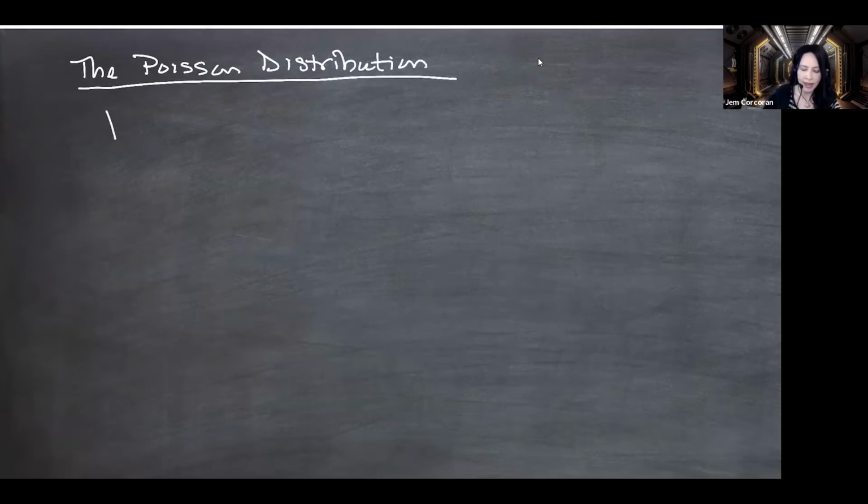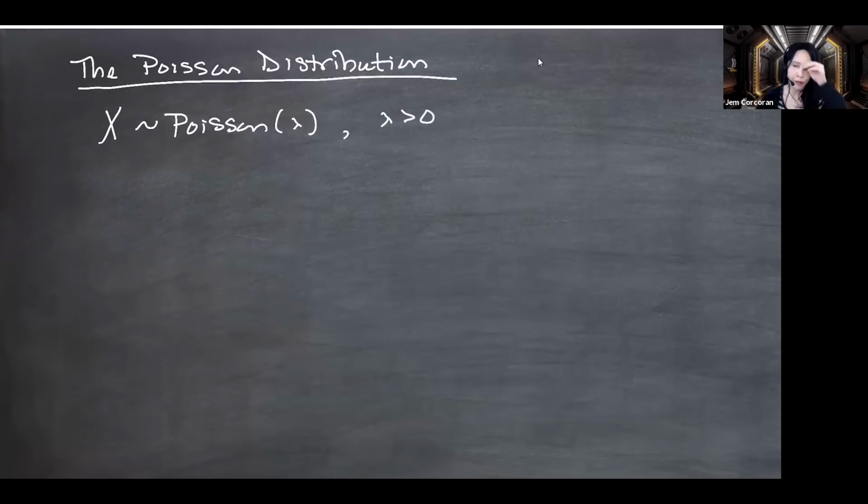So we write X squiggly line has the distribution Poisson, and it has a parameter that's almost always called lambda. This is something greater than 0, and it's a parameter for this model, much like the p for the geometric or the mu and sigma squared for normal. And what is going on?